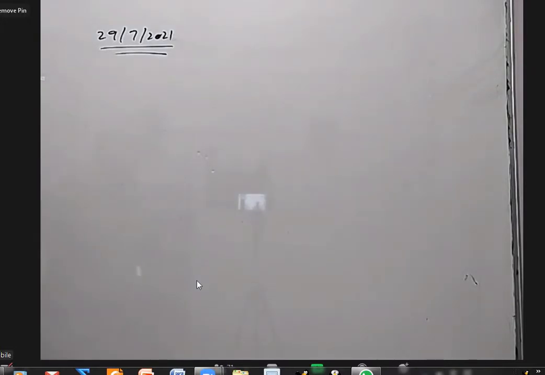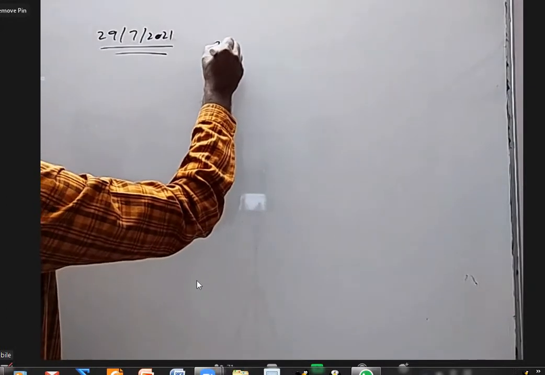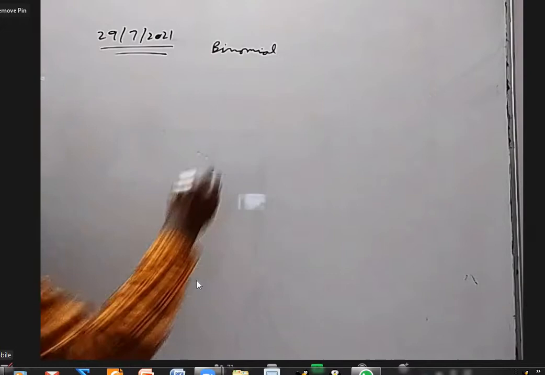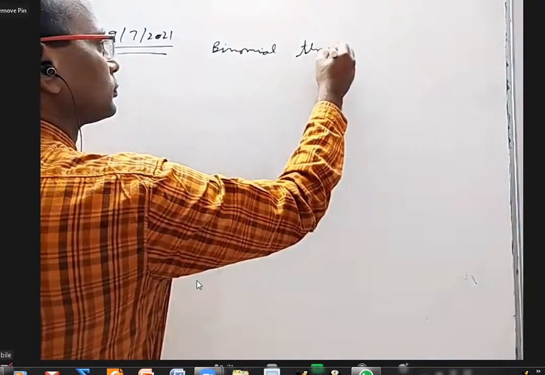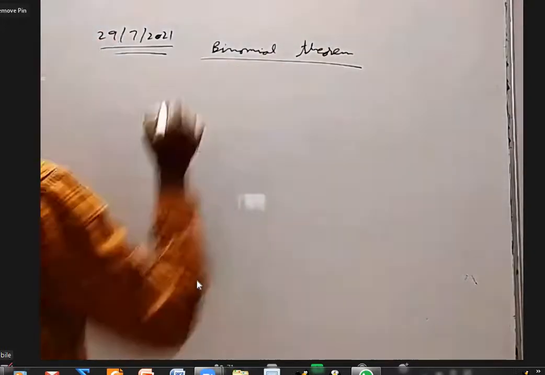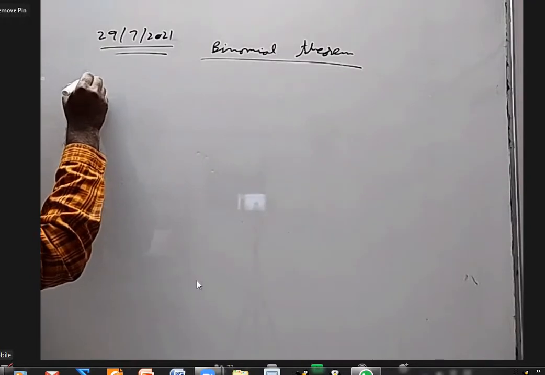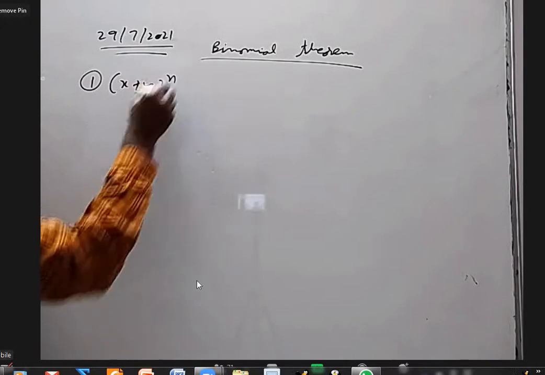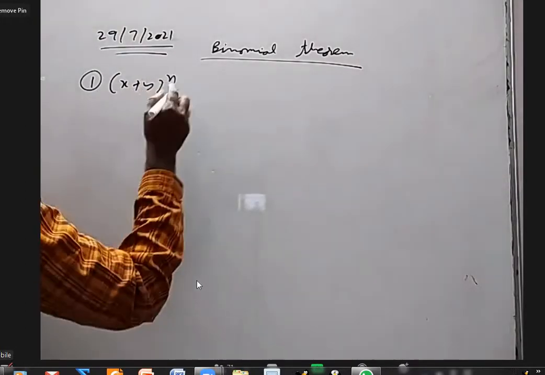Okay. So you can write binomial theorem once again as a heading. The previous ones are prerequisites that you should have known. Binomial theorem, basically we have two formulas, or three formulas. First formula is (x plus y) whole power n. How the formula came, I'll explain, but (x plus y) whole power n is equal to